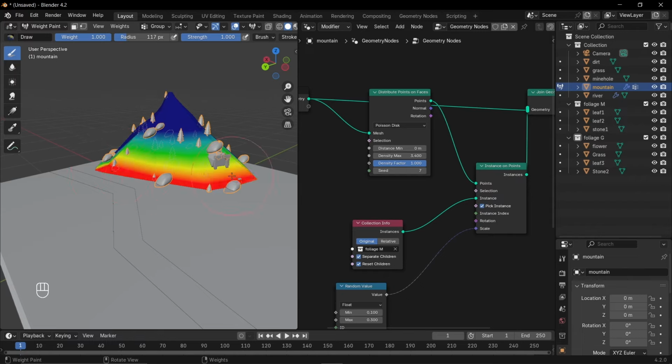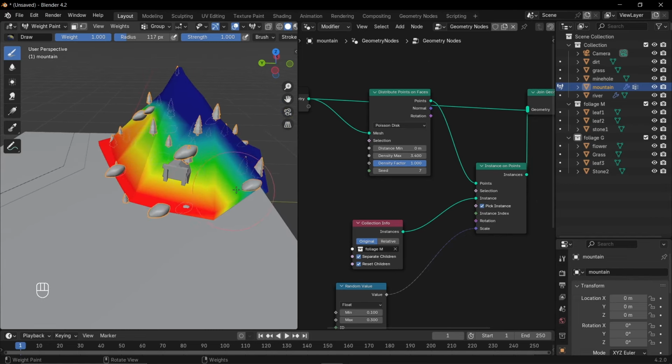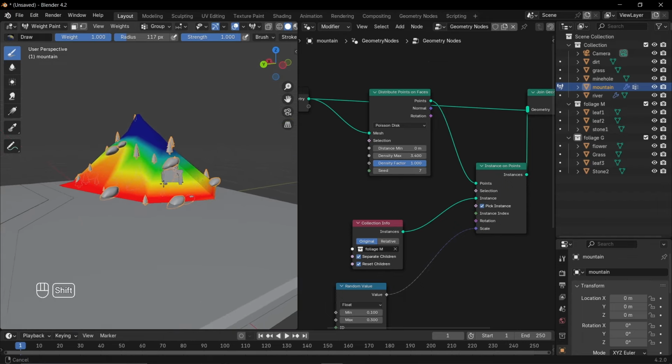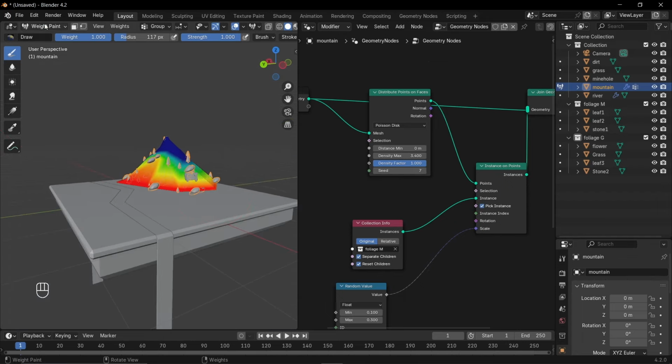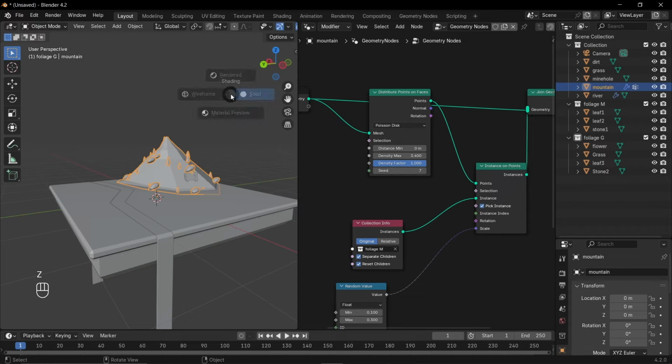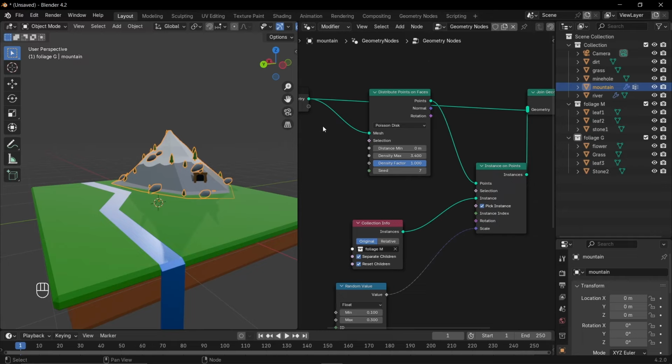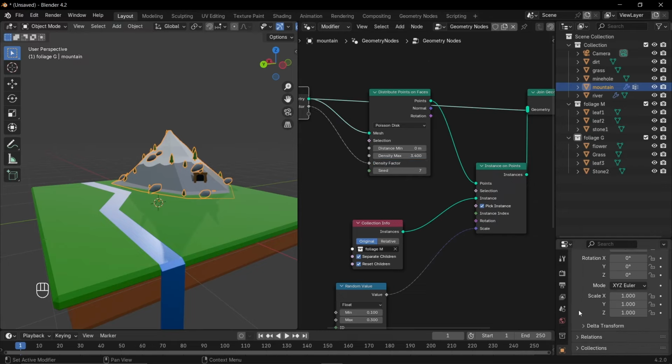The lack of geometry makes it harder to, that should be good. So if we go back into material preview and then we make density factor thing, we scroll down to